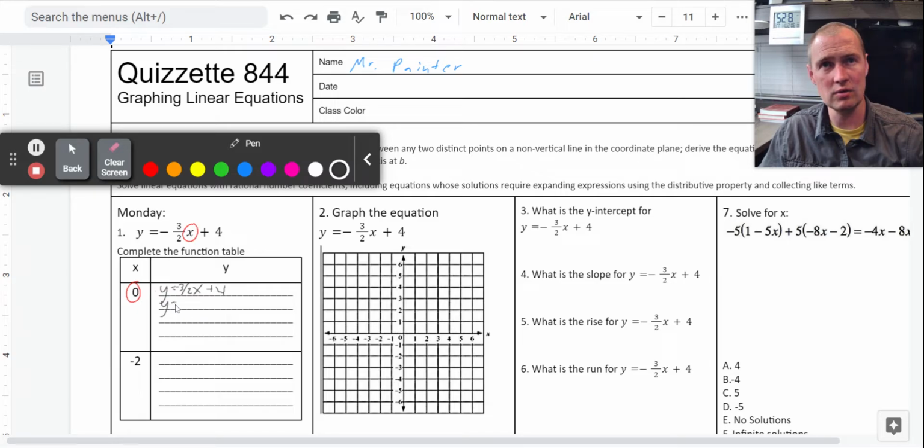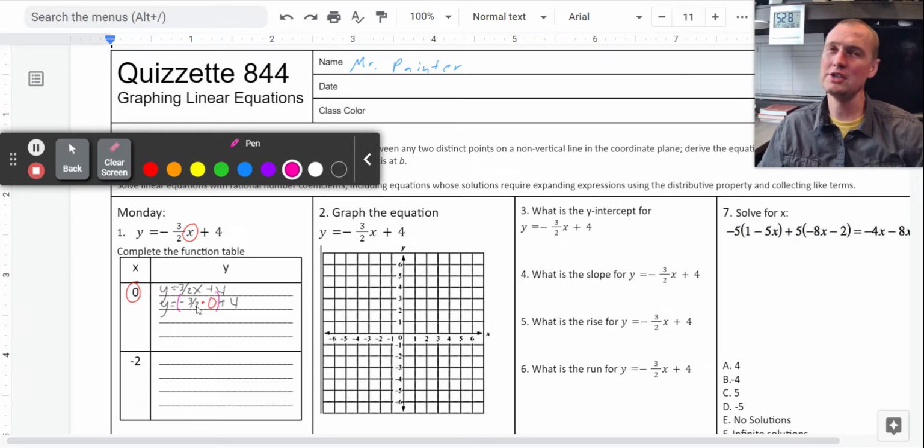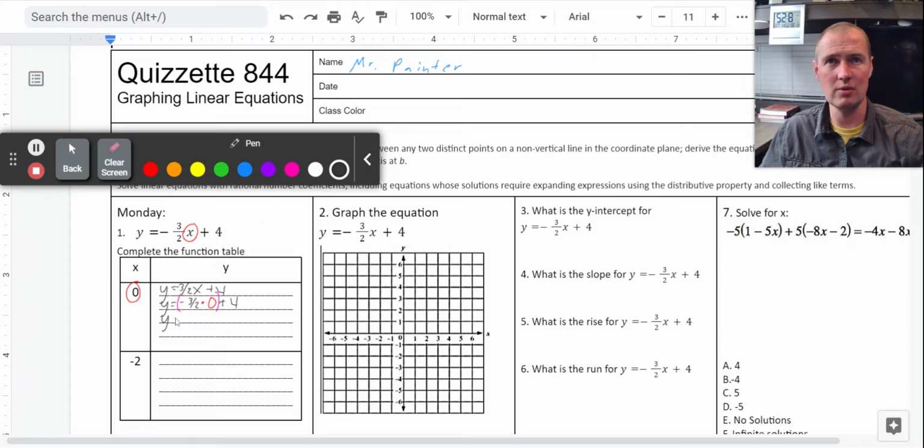So I got y equals negative 3 over 2 times 0 plus 4. All right, so in order of operations, note that multiplication comes before addition. So in this case, you're probably thinking, well, a fraction times a whole number is kind of difficult. But in reality, when you have a fraction times 0, it actually makes the expression come out to 0. So next step is we got y equals